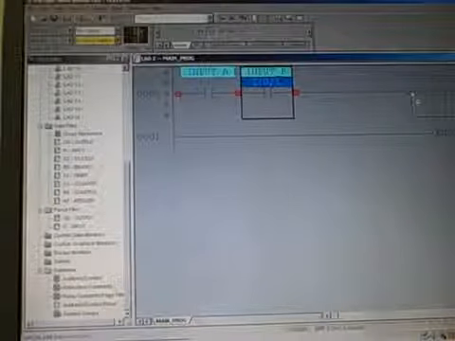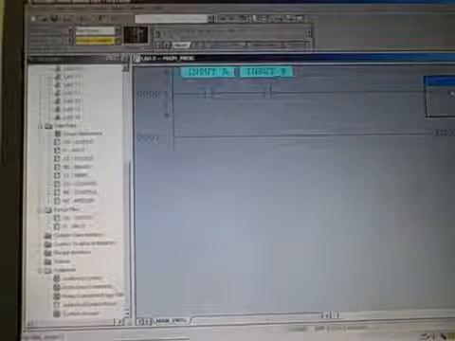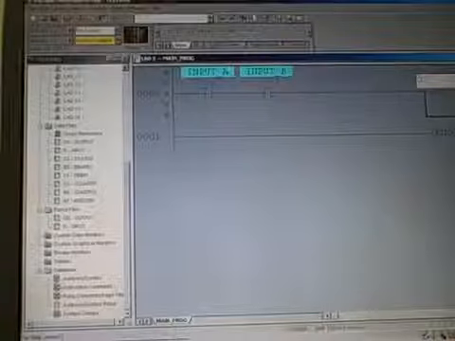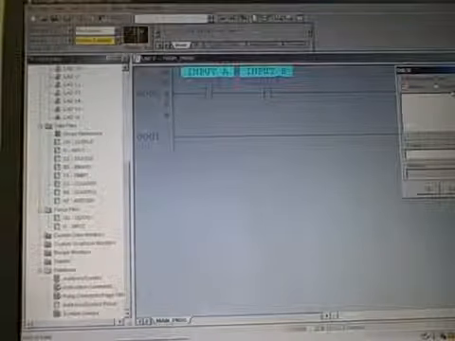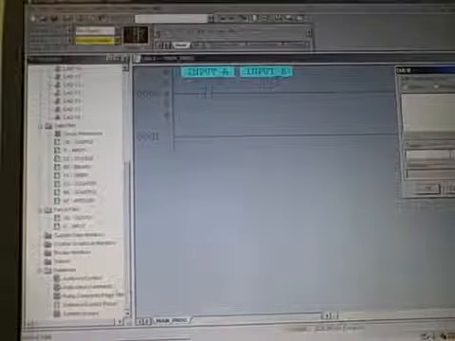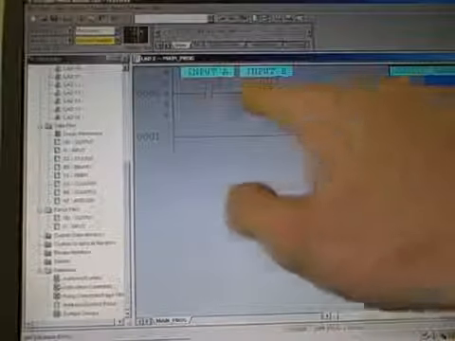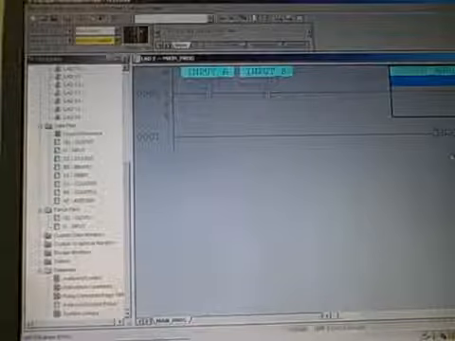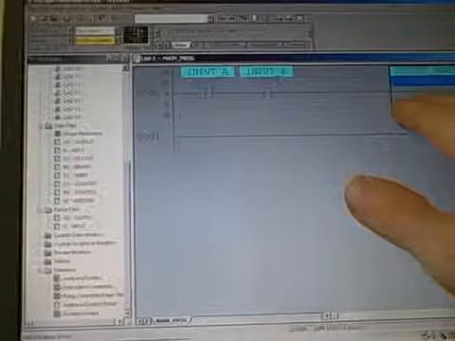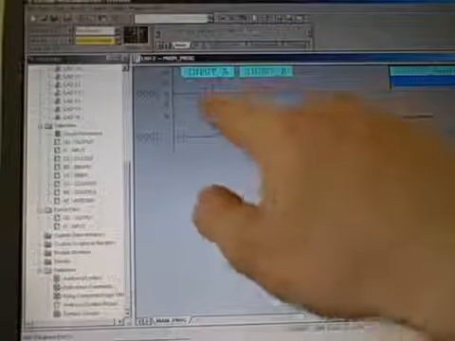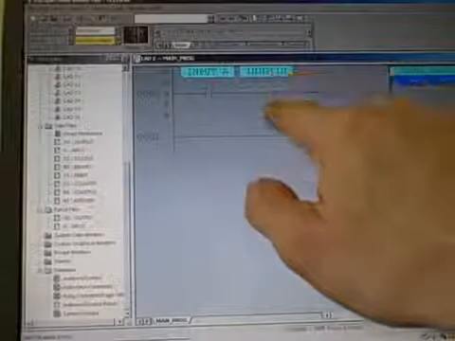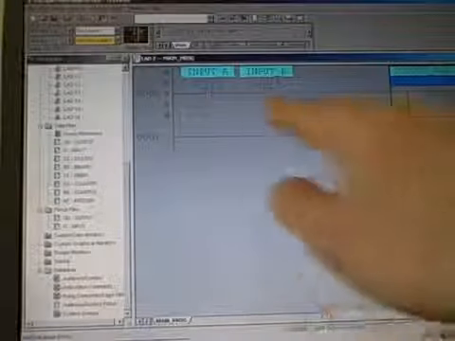I drag my output coil over here. It's going to be output 0, element 0, bit 0. And I'm going to call this output AND. Using the word AND because this will effectively be the AND function. This will receive imaginary power if and only if this contact and this contact are both conductive and passing imaginary